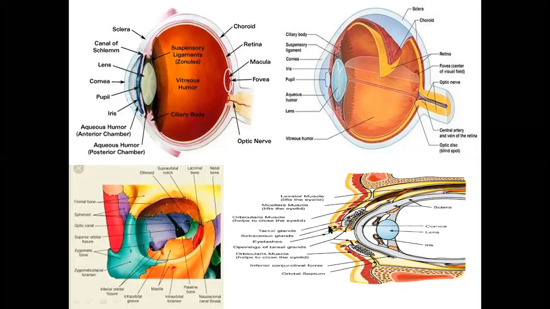This is the skin. ठीक है बेटा. This is the orbicularis oculi, a muscle. ठीक है. अच्छा, this is an orbital septum. This is a tarsal plate which contains the meibomian glands which secrete the oily secretion. This is orbital septum which is joined with the tarsal plate.